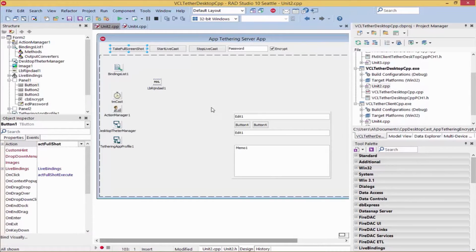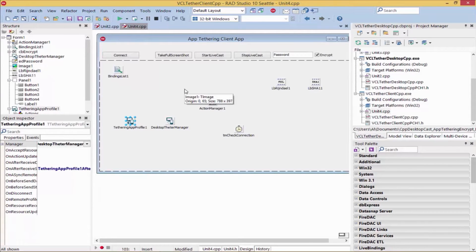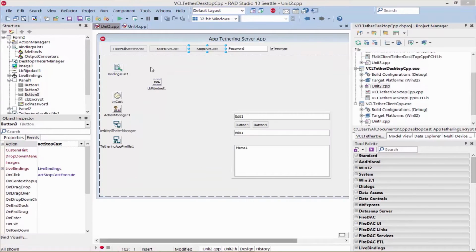connect to a server application and receive a screenshot taken by the server application once or every 5 seconds, all using AppTethering to do this. The server application is a Windows VCL application, and the client application is available both as a VCL application and as a FireMonkey application. In the server application, we have a Take Full Screenshot button that takes a screenshot and